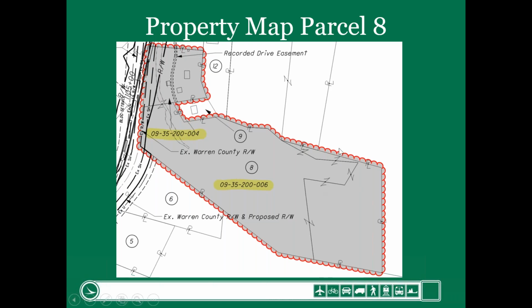And I've highlighted, from the property map, all of parcel 8 in gray with a little red around it. So you can see there's an ownership hook here. They own this one, but it doesn't have a separate auditor's permanent parcel number. These 2 lots were combined into the auditor's permanent parcel number that ends with 006. This auditor's permanent parcel number is up here. So this is all property owner 8. It's all contiguous, but there are 2 different auditor's permanent parcel numbers.